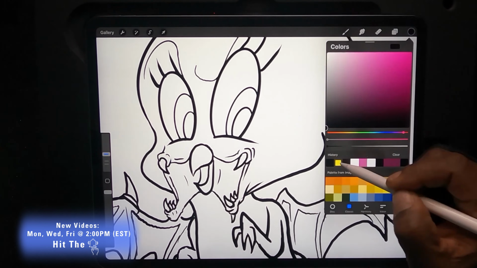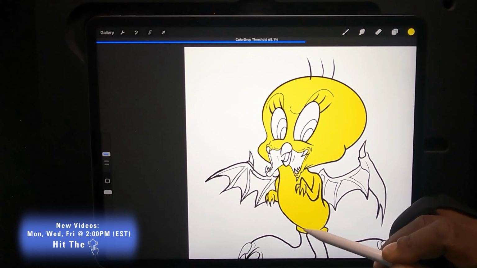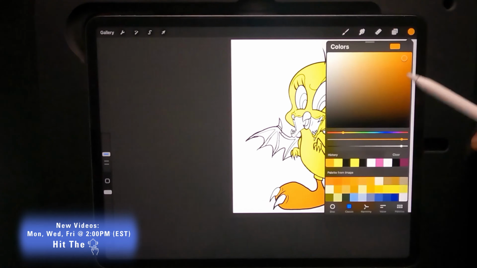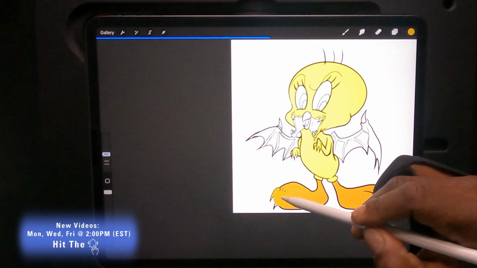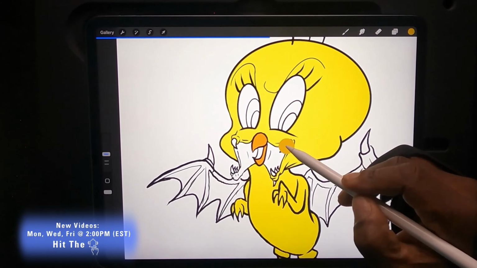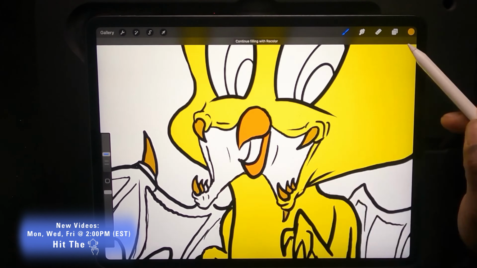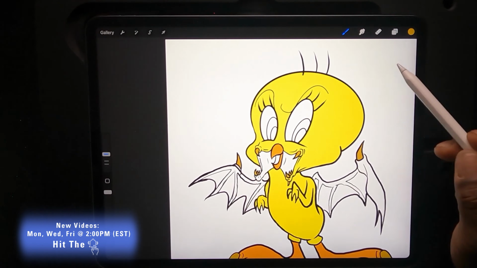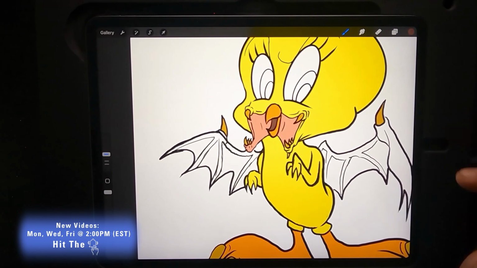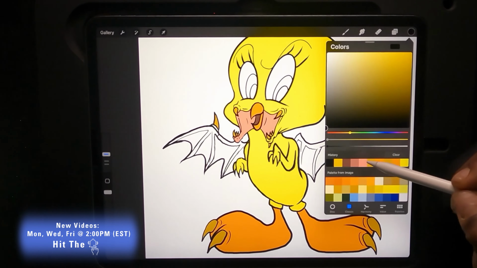So now we get to that Tweety Bird yellow and the orange of the feet. And all of this is off the whim, the color of the claws. I decided I'm gonna make it the same as his beak, because the beak is basically like a claw on a bird, or that same type of material that makes up a claw, it makes up the beak. So let me just keep them all the same color.